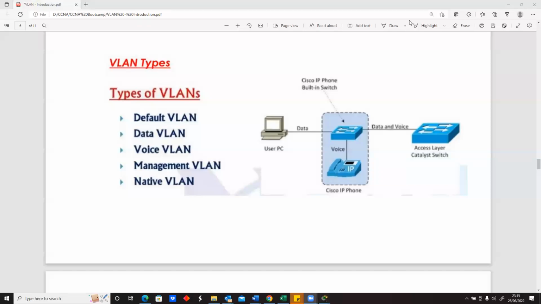So there are different types of VLANs. Normally, in order for us to understand the different types of VLAN, you just think about the kind of traffic that will be passing through your network. Normally, by default,